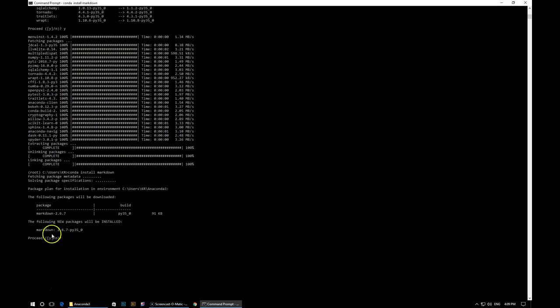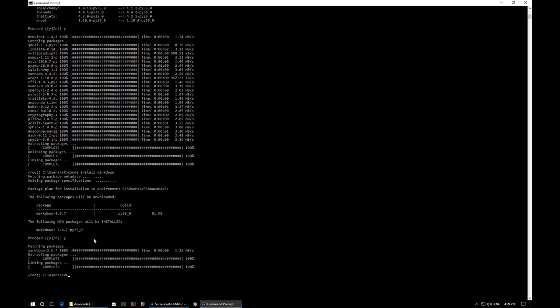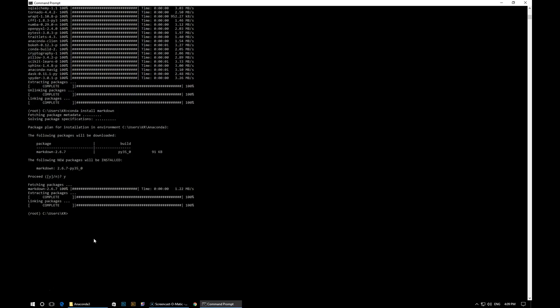You can see the following new packages will be installed, which means Markdown is missing. And obviously when it installs a new package, it automatically installs the latest version, so you don't need to run conda update Markdown after this. But I'm just going to press Y as we do at every proceed prompt, and it's done. Let's try the next command, which is going to be conda install